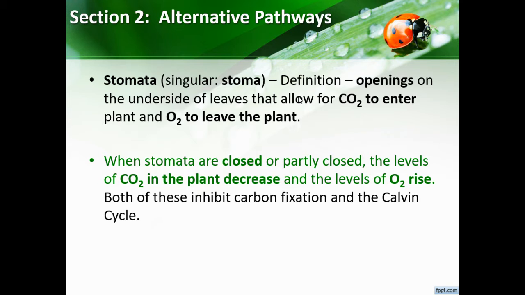So when the stomata are closed or partly closed, the levels of carbon dioxide in the plant decrease and the levels of oxygen are going to rise. Both of these are going to inhibit carbon fixation in the Calvin cycle. So plants want to get rid of oxygen, they can't use it, and they want to take in carbon dioxide. When you close off that gas passageway, the oxygen is going to rise, and that's not going to allow the